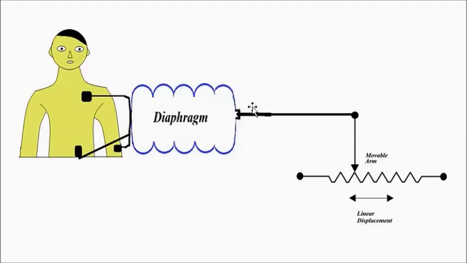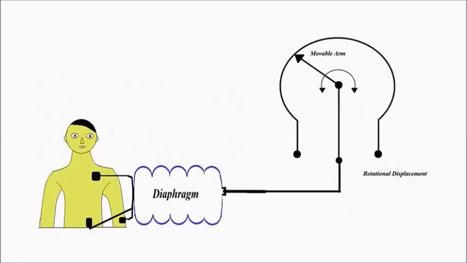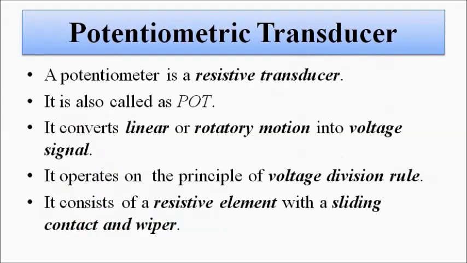At this end we can connect a mechanical pointer scale arrangement, we can do that, but that will be not that accurate. If we want to get a digital output, we have to convert it into electrical signal, voltage and current form. So for that purpose we have to connect a secondary sensing element. Here we have used a resistive transducer potentiometer. Okay, so this is the potentiometric transducer for pressure measurement.